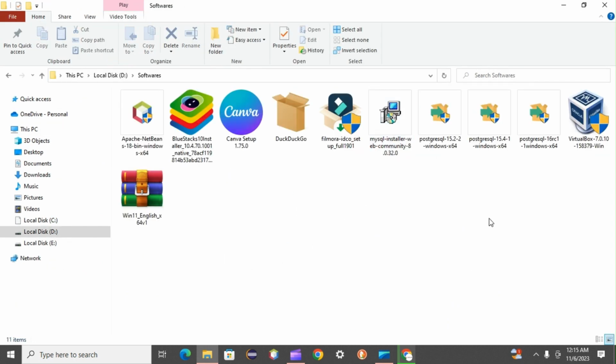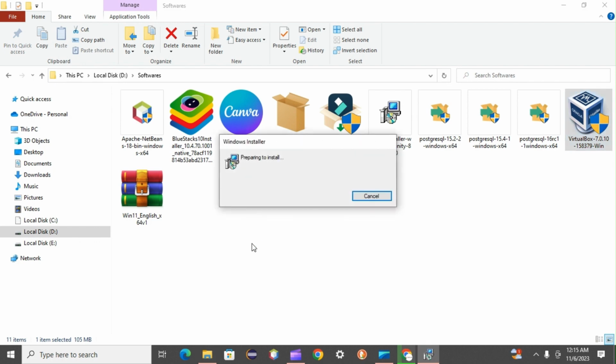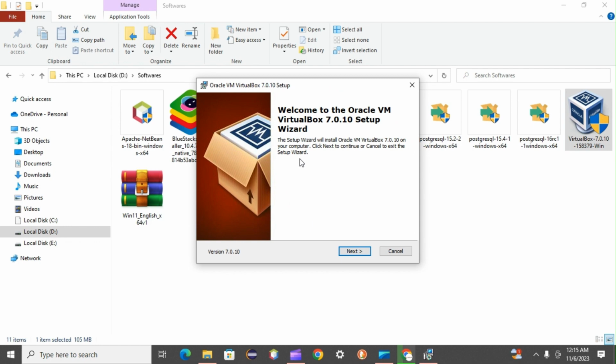So after downloading, just go to that folder, and you can see the icon like this, Oracle VirtualBox. Just double click on that icon and click yes. So the installation will start. Just click on next